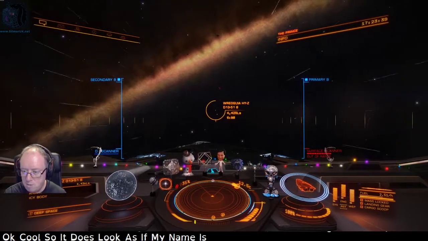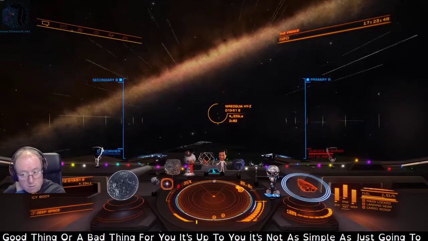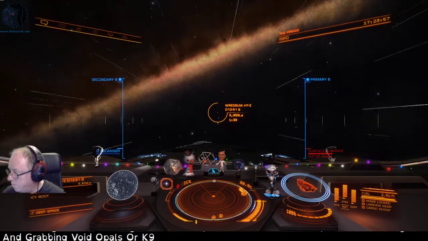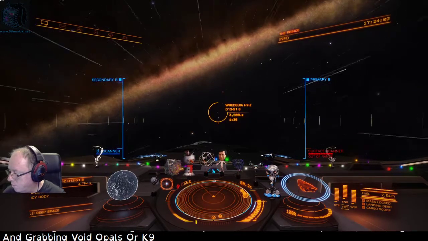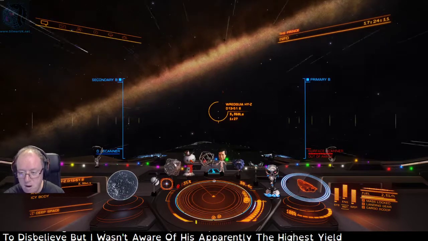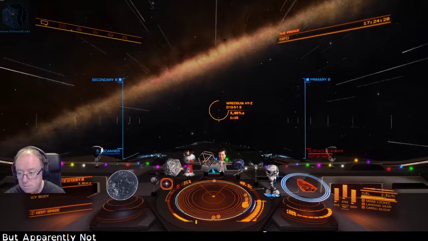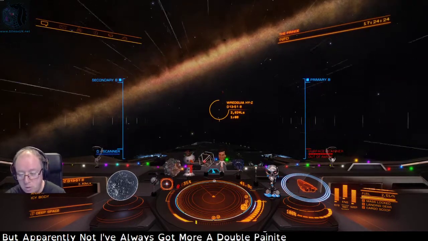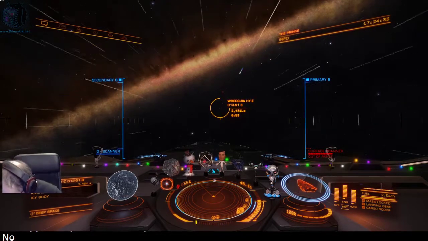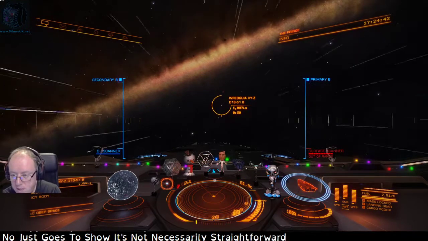So it does look as if mining is certainly a bit more varied now. Whether that's a good thing or a bad thing for you is up to you. It's not as simple as just going and grabbing void opals or painite. Something I heard the other day, which I have no reason to disbelieve, but I wasn't aware of, is apparently the highest yield from a mining run has come from a triple low temperature diamond. I would have thought that was a double painite, but apparently not. I've always got more out of double painite than triple low temperature diamond, so...